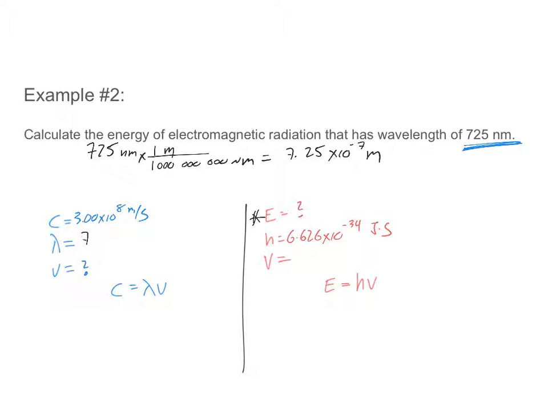So I'm going to take my 7.25 times 10 to the minus 7 meters, and I'm going to plug it into my formula, which is 3.00 times 10 to the 8 meters per second equals 7.25 times 10 to the minus 7 meters times frequency. So I solve for frequency by doing a little bit of division, and I get something like 4.14 times 10 to the 14 per second, or hertz. So I'm going to take that 4.14